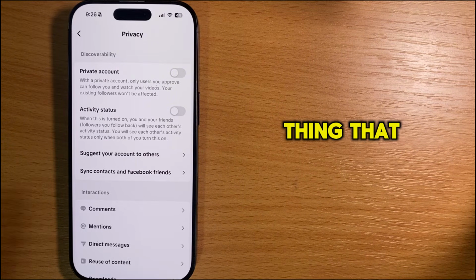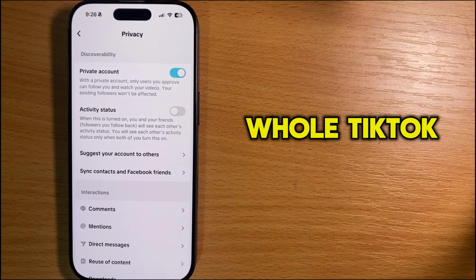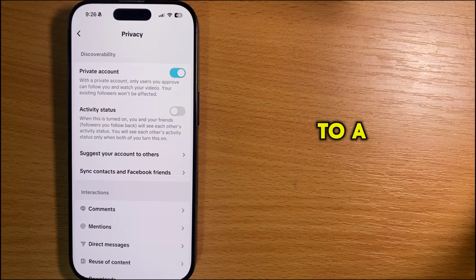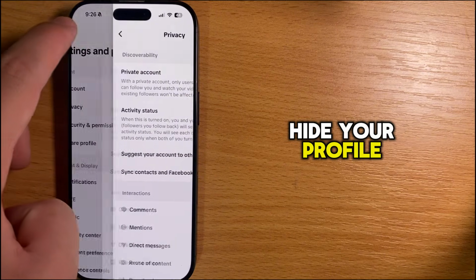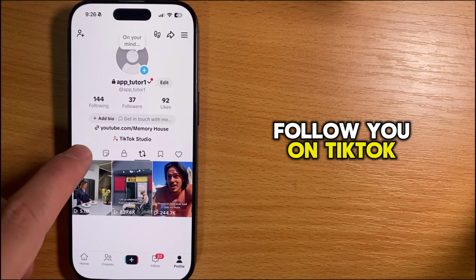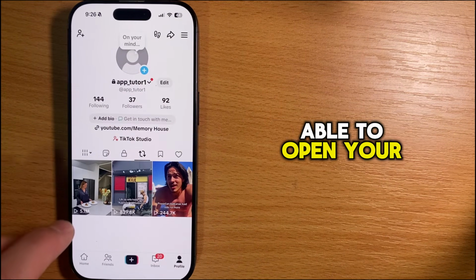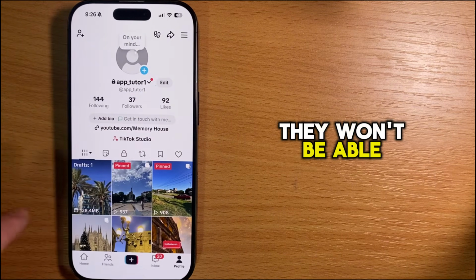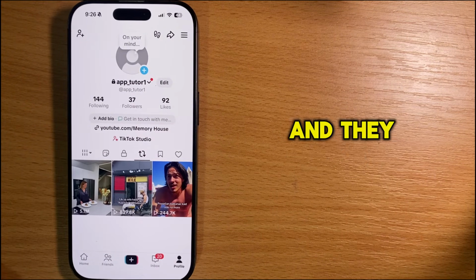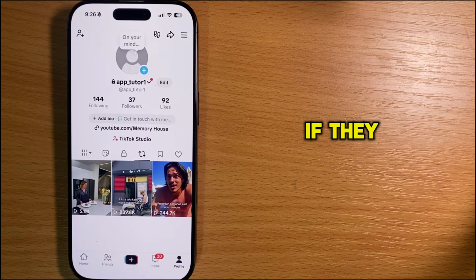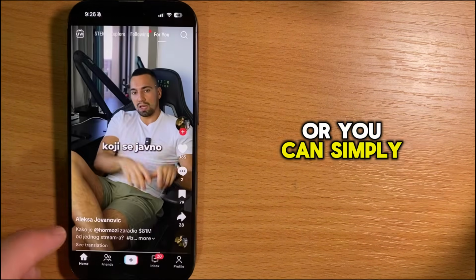But there is one thing that you can do. You can set your whole TikTok profile to a private one by tapping here, and that will essentially hide your profile from people who don't follow you on TikTok, and they won't be able to open your profile, they won't be able to see the videos which you post, and they cannot access and view your reposts. If they want to follow you, you will have to accept them as a follower, or you can simply decline